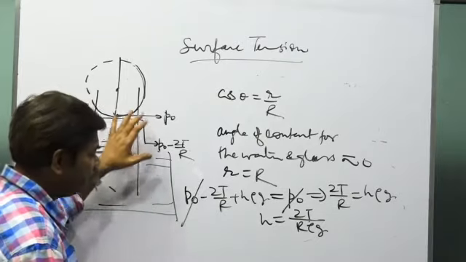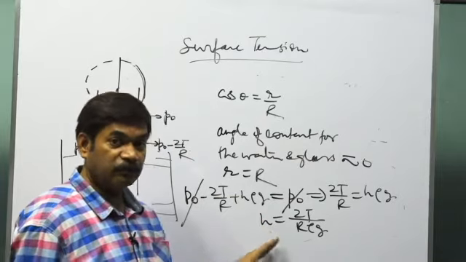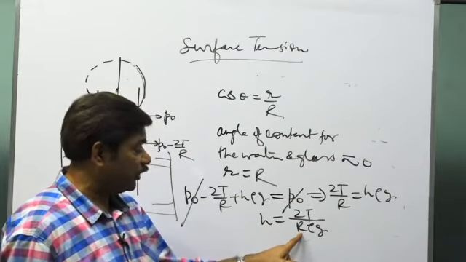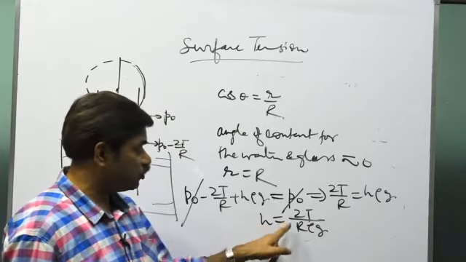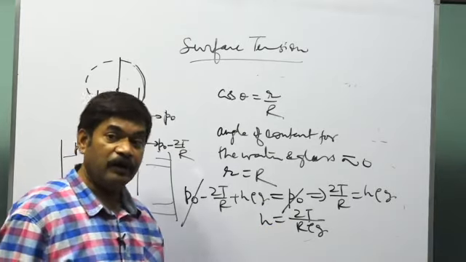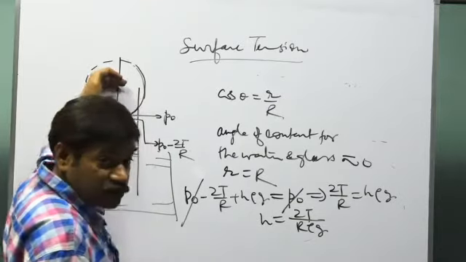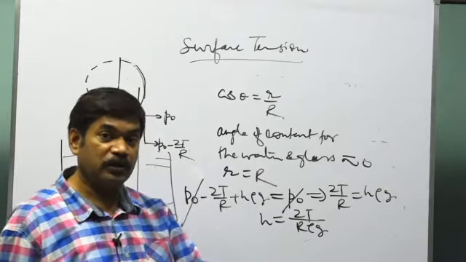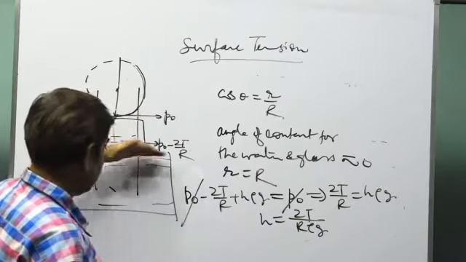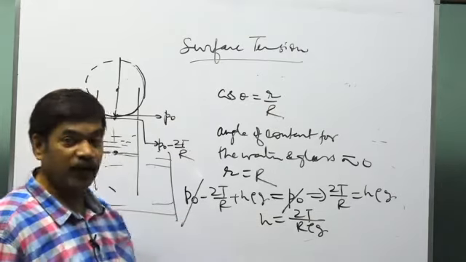Okay, so that was a simple thing. That was one of the basic results, that in terms of the radius of the capillary, the height attained by the liquid column is what? h equals 2T by R rho g. And liquid rises in what case? When the meniscus is concave upwards, then the liquid will rise. If the meniscus is concave downwards, in that case, from this normal outside level, the liquid will go down by the same amount, 2T by R rho g.